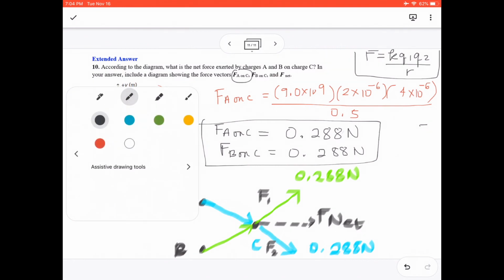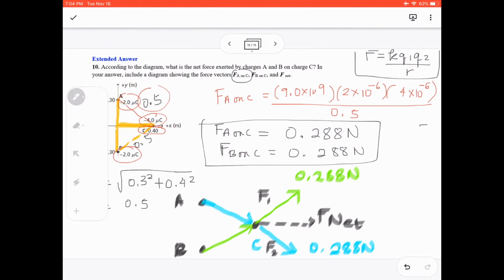Actually, we're going to outline this part and this part. It means that it still follows Pythagorean Theorem. So we'll be able to solve for this part using Pythagorean Theorem. This is 0.288 and this is also 0.288. Now using Pythagorean Theorem, the F net